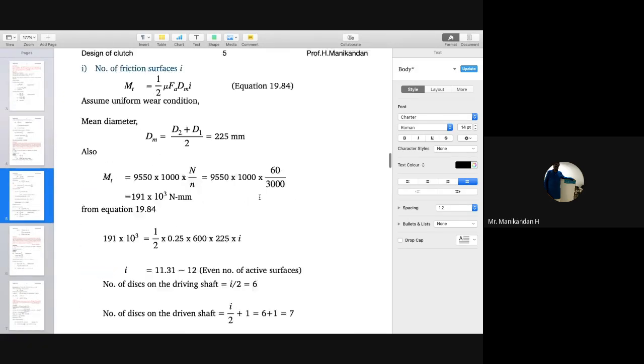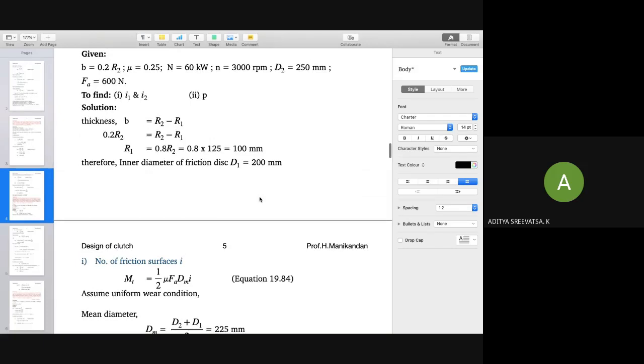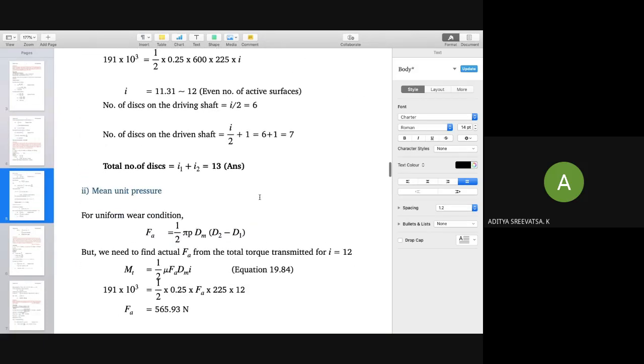Any doubt in this problem? Sir, any doubt for number of active surfaces, if we got 10.3 instead of 11.31, then should we take i as 10.3? Then also you have to take it as 12. So anything greater than a particular number should be taken as the next even number. Yes, okay, sir, got it. I am damn sure that you won't get 10.3. You will be getting only 11.3 like that, next to odd number only you will get. See, if the answer is 16, you may get 15 point something. Most of the times you won't get 14 actually.